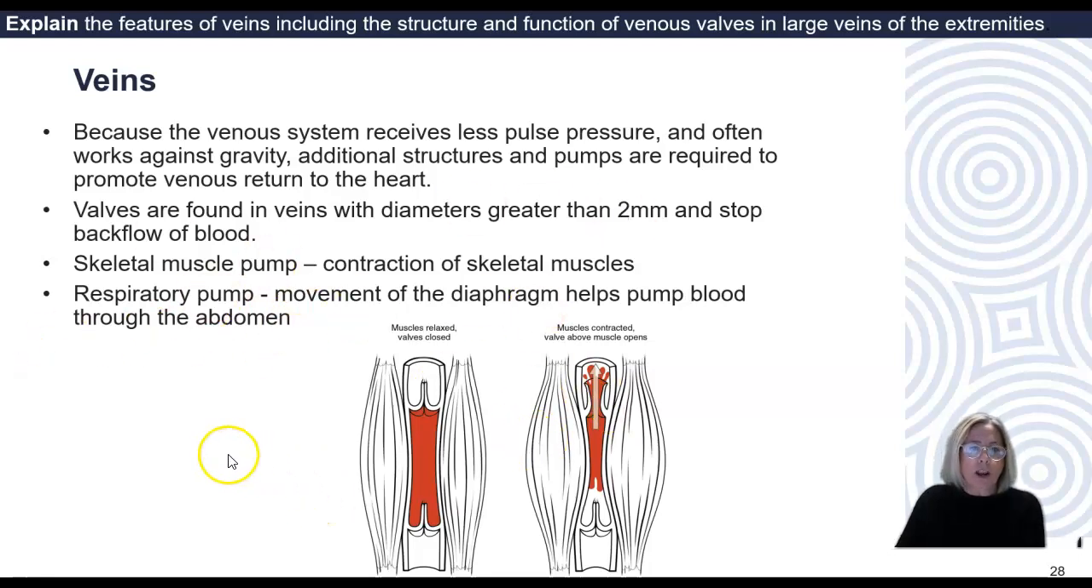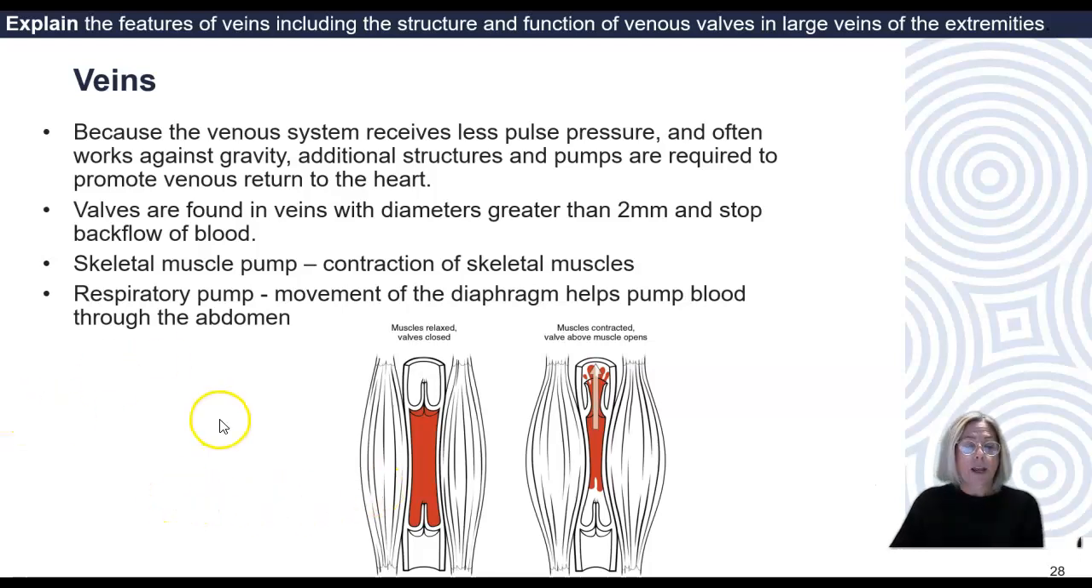As you can see here, we've got action of the skeletal muscle pump as well. That contraction of skeletal muscle will help to move blood. Here we've got our muscles relaxed and the valves are closed. And here, when the skeletal muscle contracts, that's going to push the blood, open the valve, and the blood will be pushed in an upwards direction. And finally, we have the respiratory pump, and movement of that sheet of skeletal muscle, the diaphragm, will help to pump blood